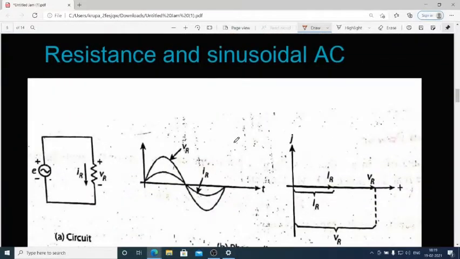Next, the behavior of resistance, inductance and capacitance we will discuss in detail in upcoming slides. So this is the input voltage V. This is the resistance. The current through the resistance is IR. The voltage drop across the resistance is VR. This phasor notation will give a complete picture of the resistance behavior with respect to AC voltage, and the current and voltage natures.